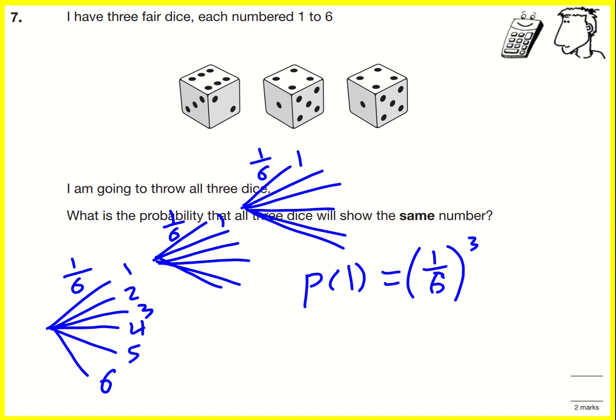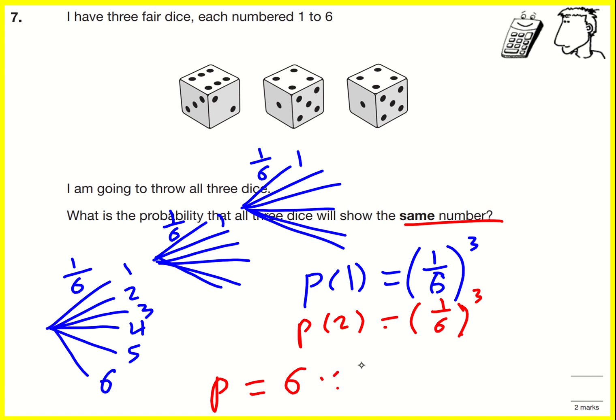But that's not actually quite what the question's asking, though it's nearly there, because I have to remember that I'm just interested in the same number. So if that's the probability of getting 1, then the probability of 2 is exactly the same. It's also 1/6 cubed, and it's the same for 3, 4, 5, or 6. So if I add all those together, that will give me the answer, and it's 6 lots of 1/6 cubed,